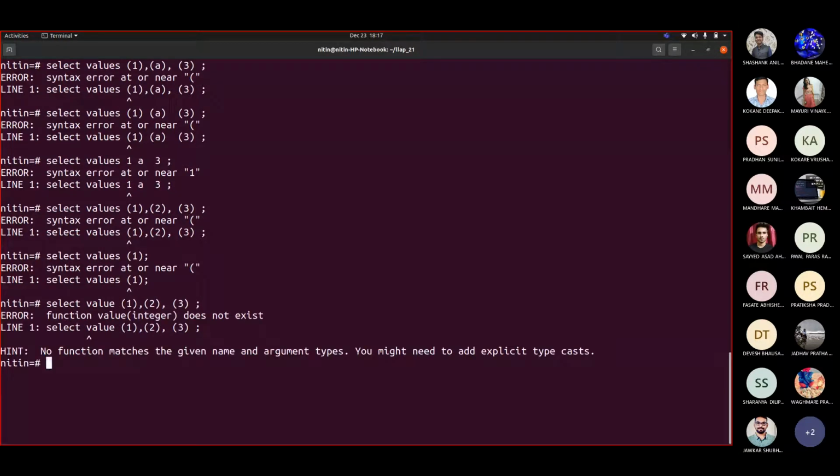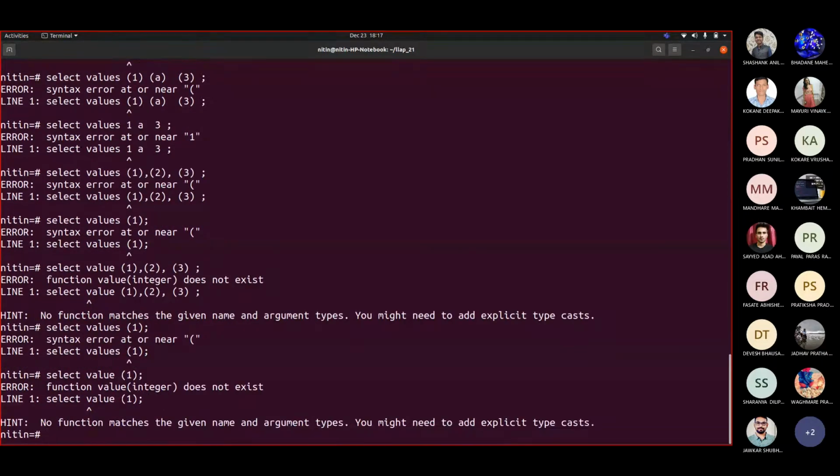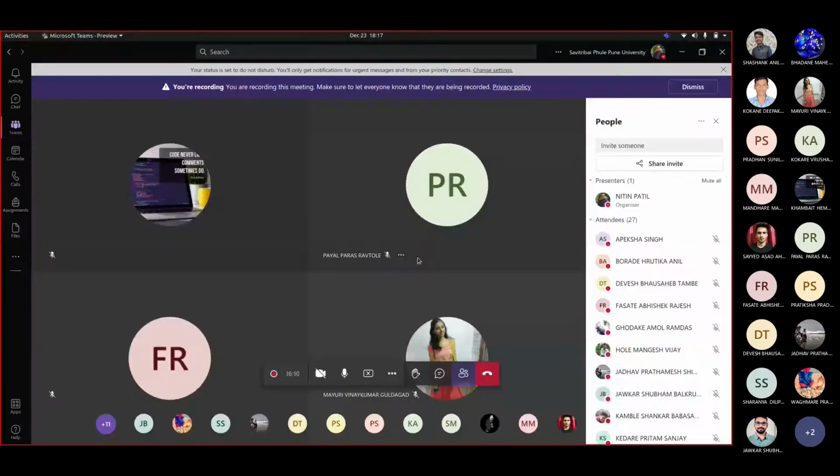Function value. Because I am writing it with select, if I write only one, it is giving me an error. Then if I remove this and write value, it says no function matches the given name.